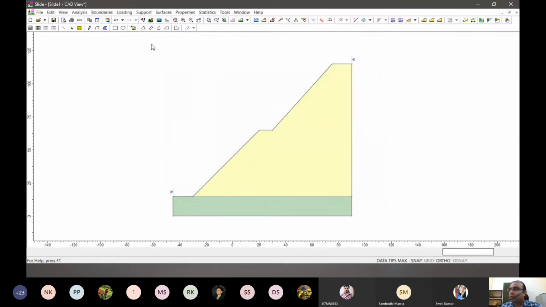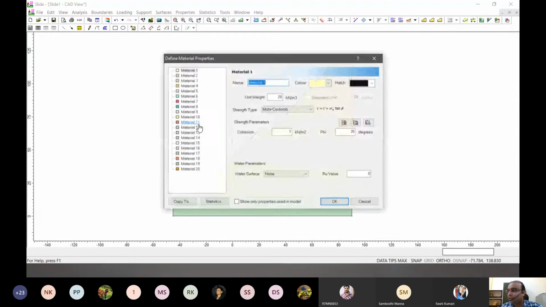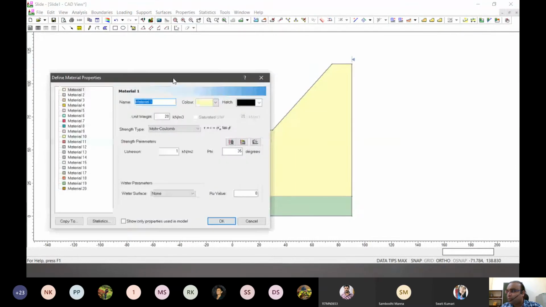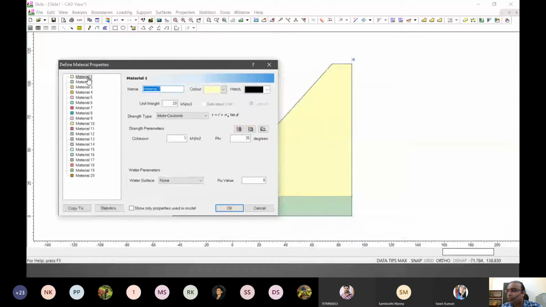Now we come to the materials, the properties of the materials. We define the materials. Let's keep the second material as base, and let's keep that as a good strength material. We don't want to analyze that.